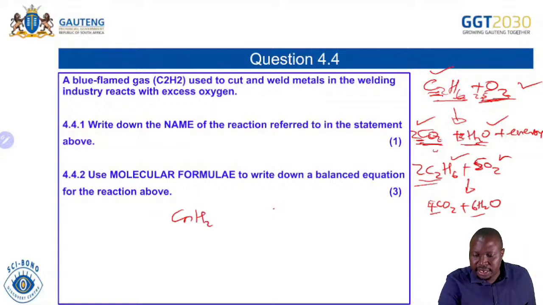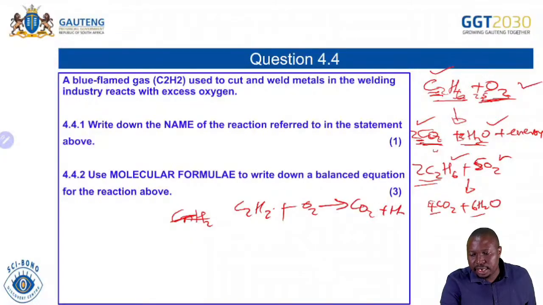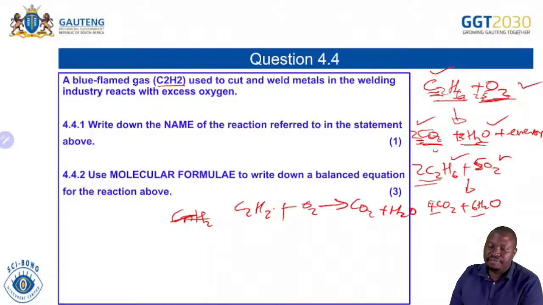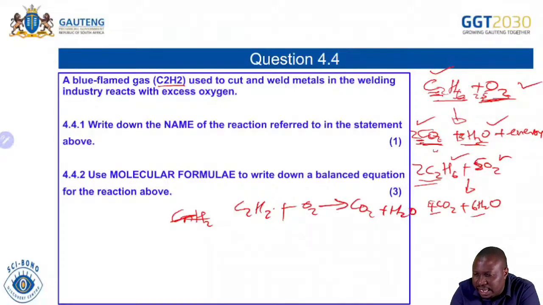C2H2, that was my bad, C2H2, not C2H6, hence I was wondering. Then plus oxygen forming carbon dioxide plus water. So always make sure that you are writing the right molecules that you are given. So when you are given like that, as I indicated, you go for balancing, and then you are able to say, okay, we're going to have 4 carbon dioxide,